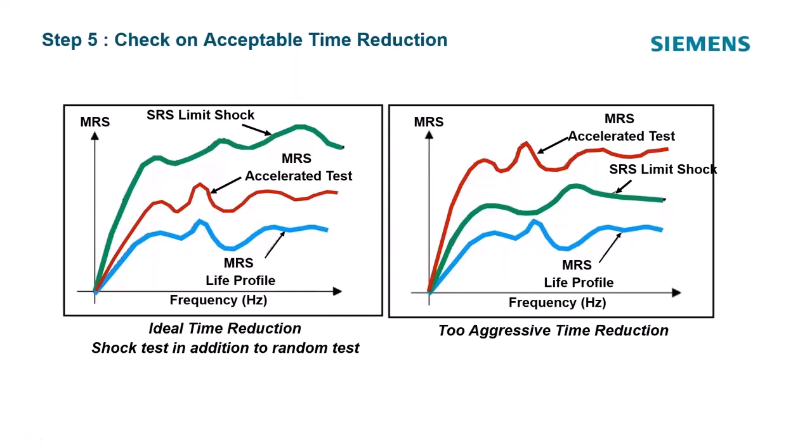Everybody's greedy. We all want to replicate the damage in as fast a manner as possible. Testing time is money, and we want to reproduce the failure mode. But if we over accelerate, then we can get a lot of false negatives that they don't fail in the field.